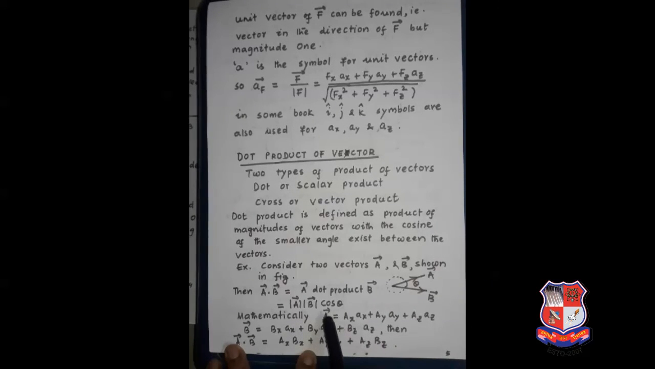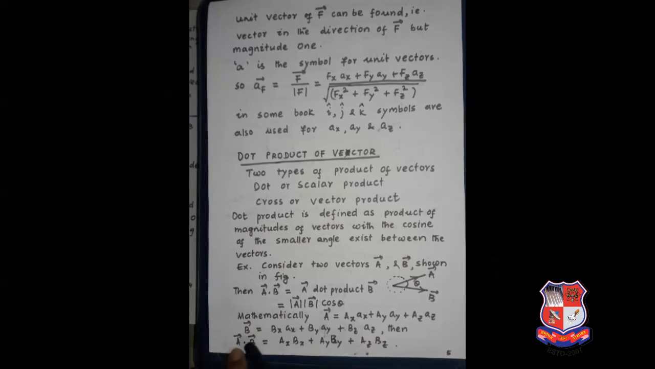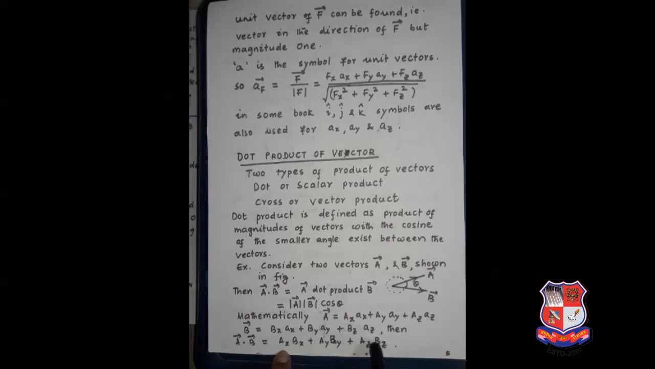So mathematically, we can write a is equal to ax plus ay plus az. Similarly, the other vector b can be written as bx plus by plus bz. Then we can write a dot b. You can see here there is no ax, ay, az sign in the dot product. So simply the dot product will give you a number, that is, a scalar. It can be found by multiplying ax bx plus ay by